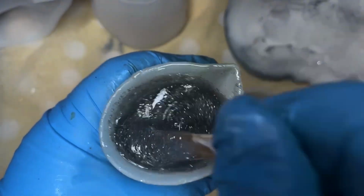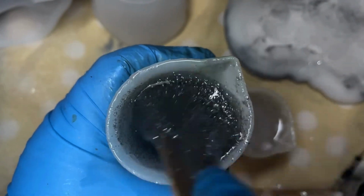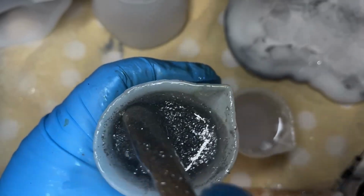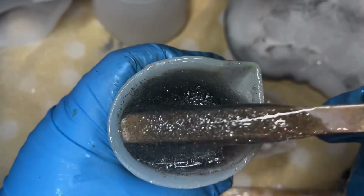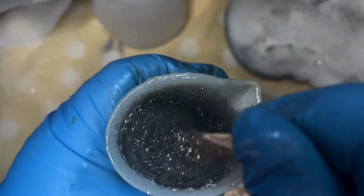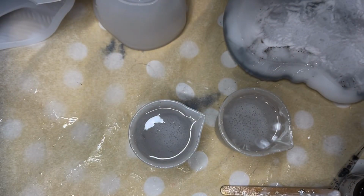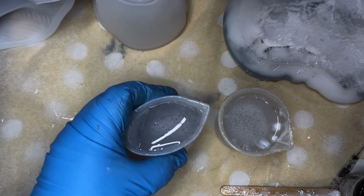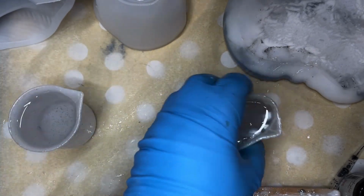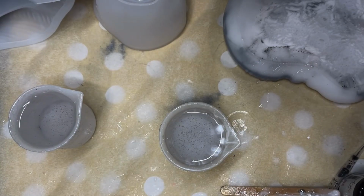So here we go, we're just giving you a bit more of a close-up. Make sure you thoroughly stir it into the glitter so it mixes in all of it. Now I have found with this particular glitter, it is light enough that it doesn't all sink to the bottom, which is really good. I believe there is a tip that somebody made in one of our previous videos, a comment they made about the fact that if you've got a heavier or bigger glitter, then